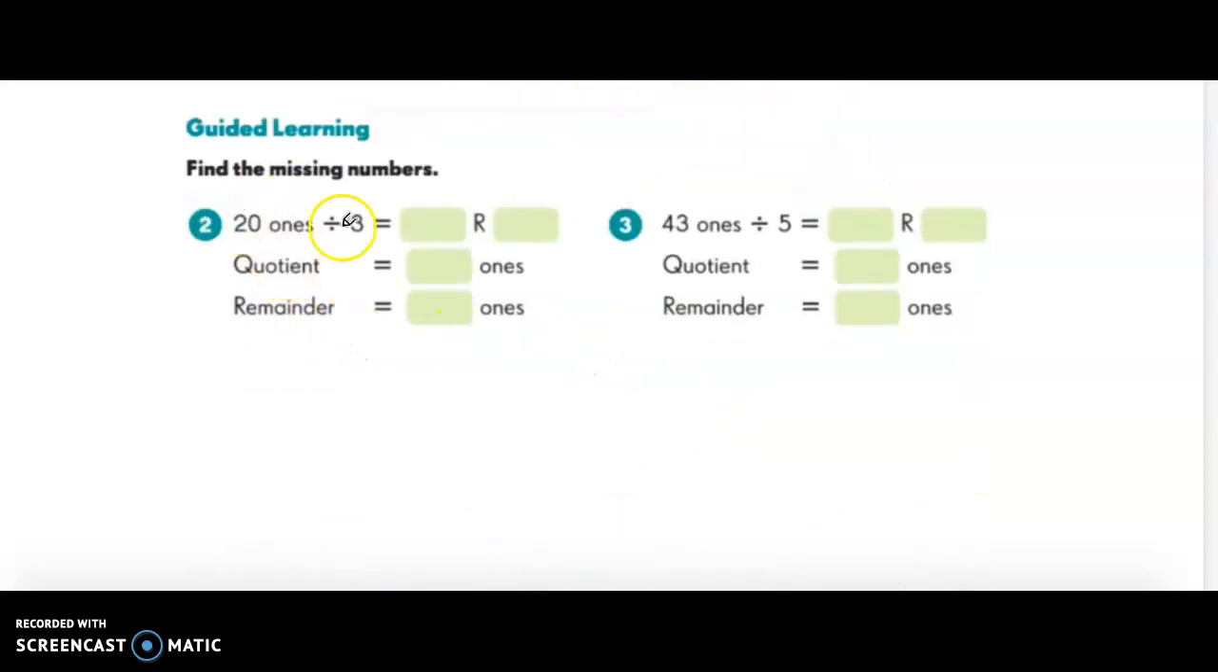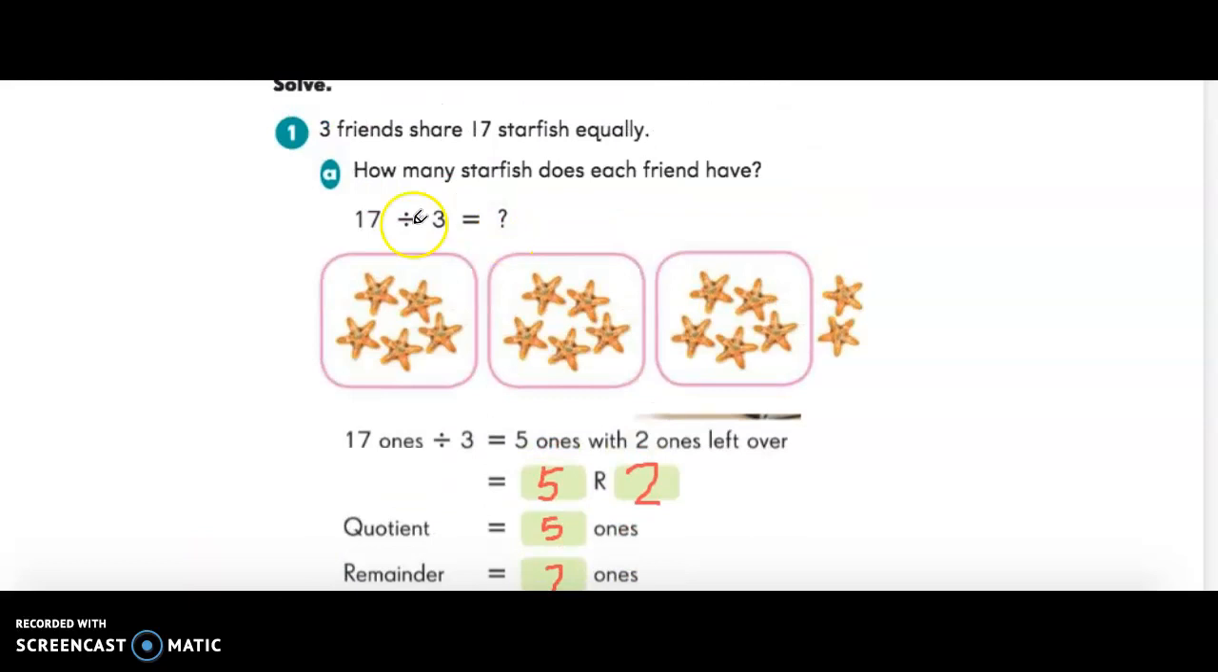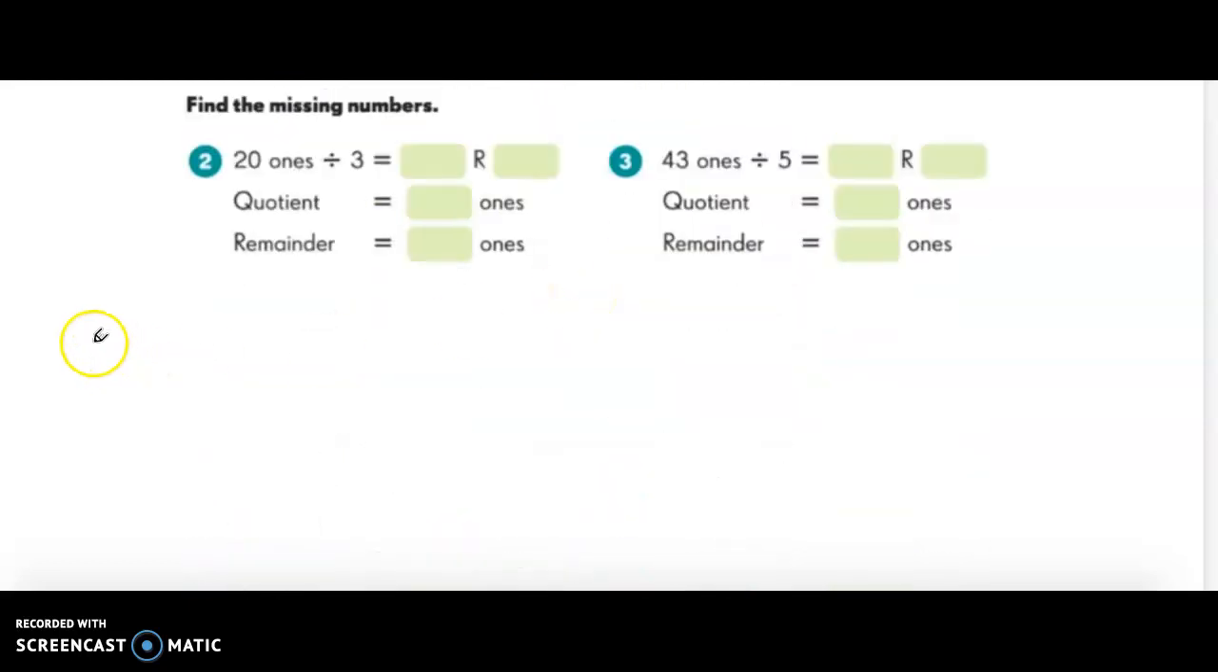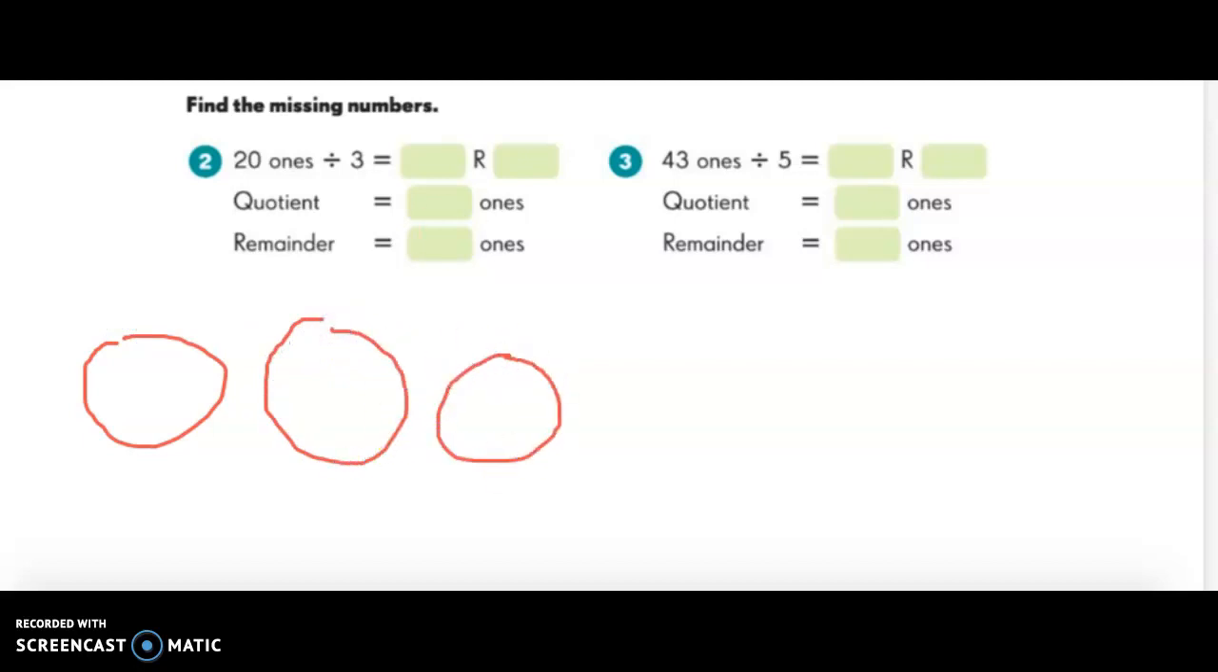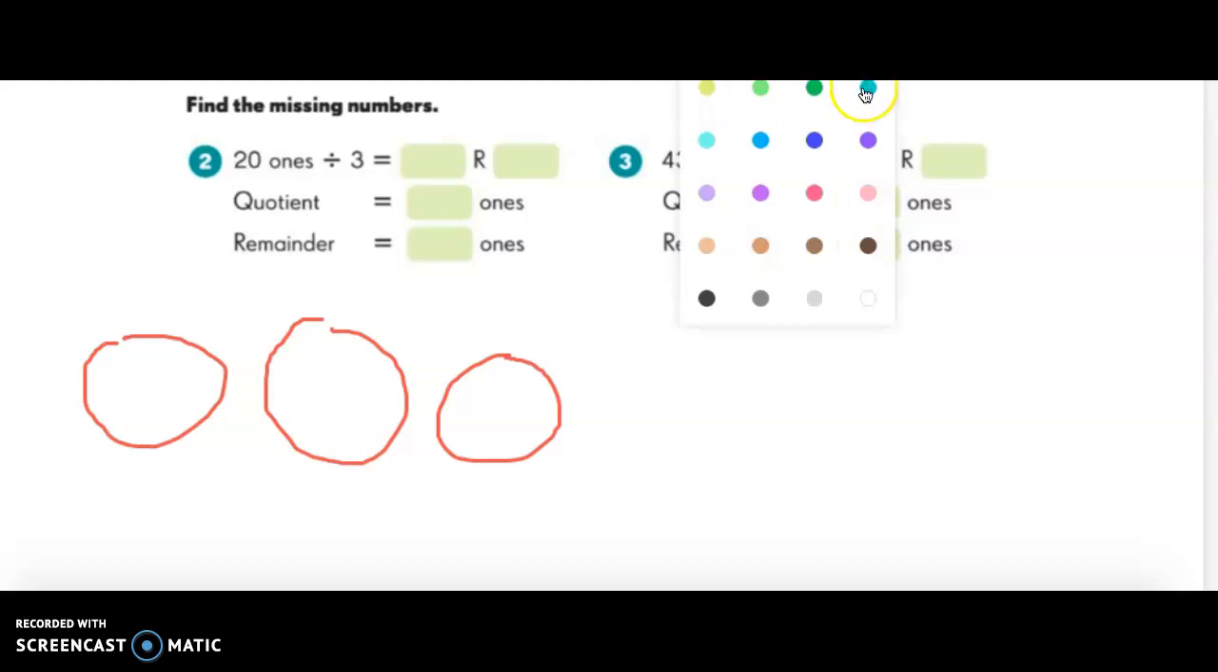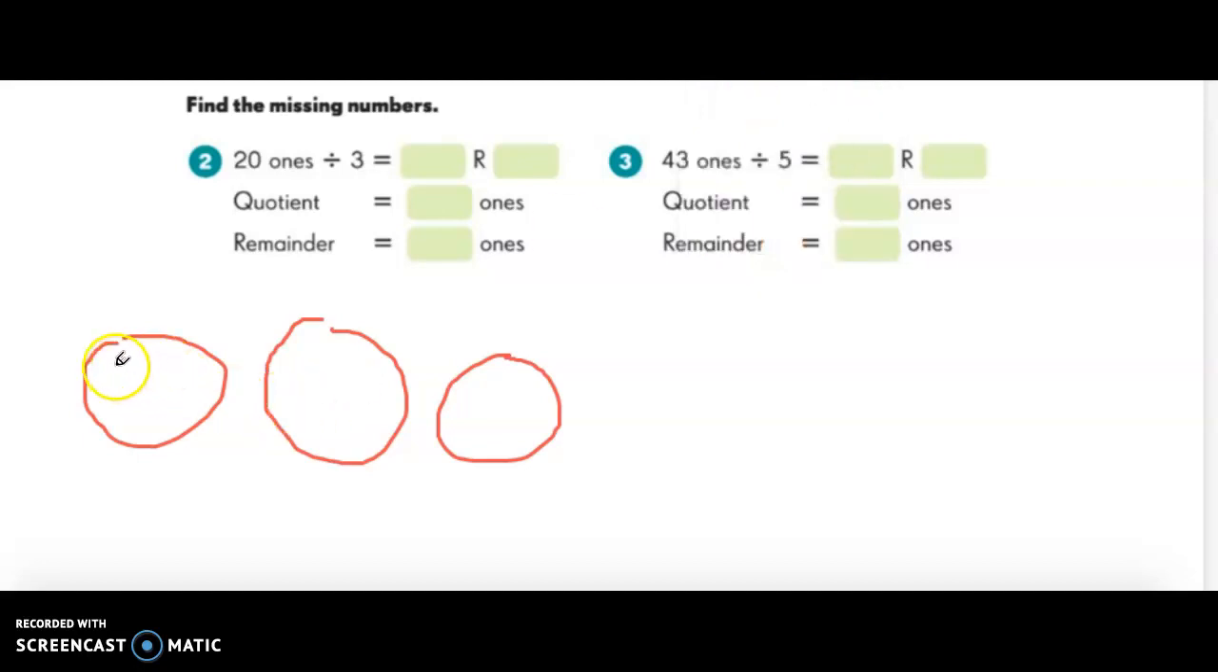All right, so now 21 divided by 3. What you can do is you can do the groups if that's helping you for now. So what we can do, we'll do the first one with a picture and then we'll go from there. Okay, so let me switch colors here. All right, so we'll